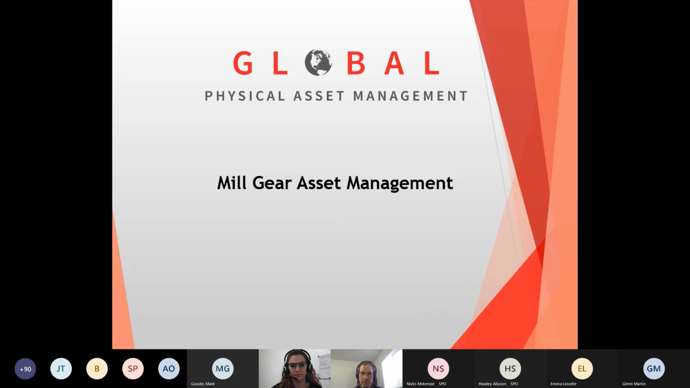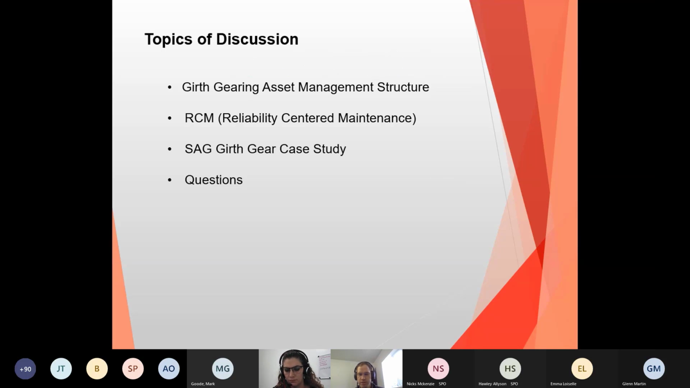And we have a quick presentation here on some of the fixed plant items, and really, to be very specific, actually on mill gearing. And the same can actually be applied for kiln gearing as well. Get into some of the iron ore sites, and then also within the cement and pulp and paper industries as well. So what we want to go through here is a basic high level asset management structure, and